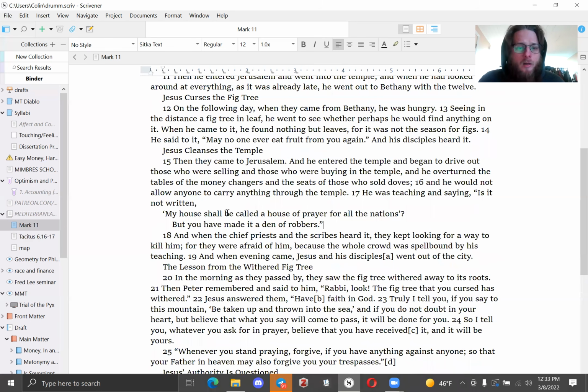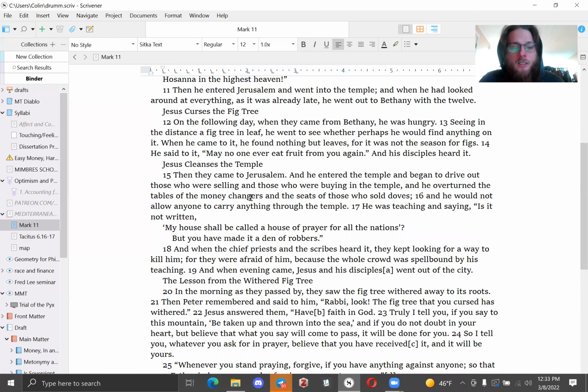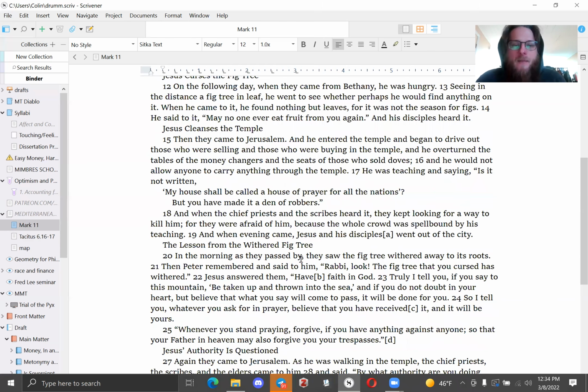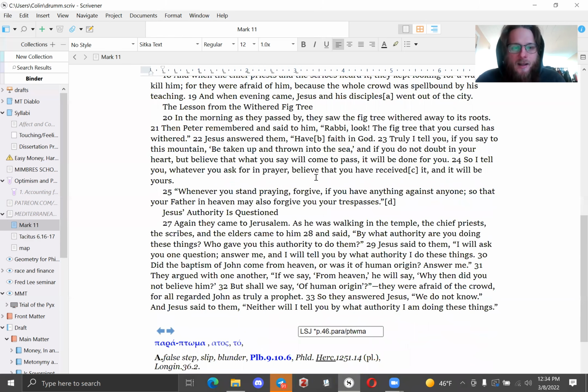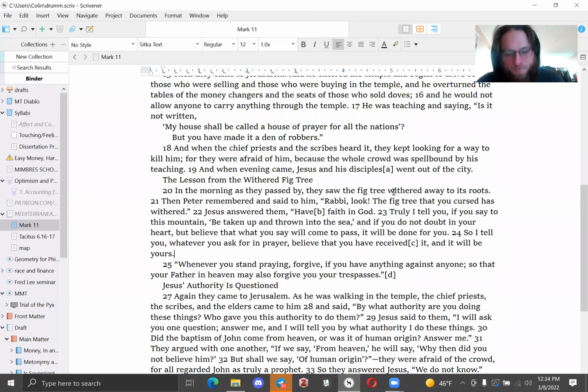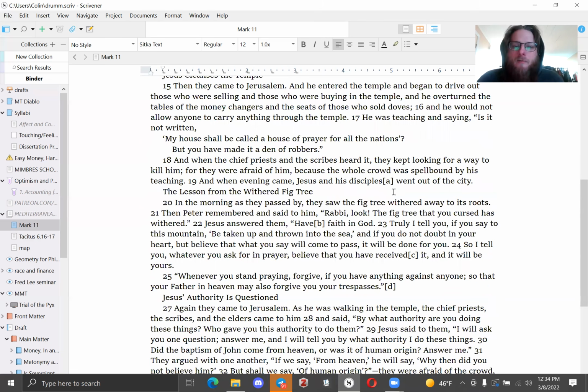Now, okay, so now I want to make an observation about the fig trees, and then I want to talk about Nero, and we'll kind of come to the end of our discussion for today. So what's going on with the fig tree, right? It's weird. Before and after he cast the money changers out of the temple, Jesus demands figs from a fig tree that isn't in season. He curses it, and then he comes back, and the fig tree has withered. And then he gives his disciples this instruction about forgiving the discrepancies in payments. What's going on?